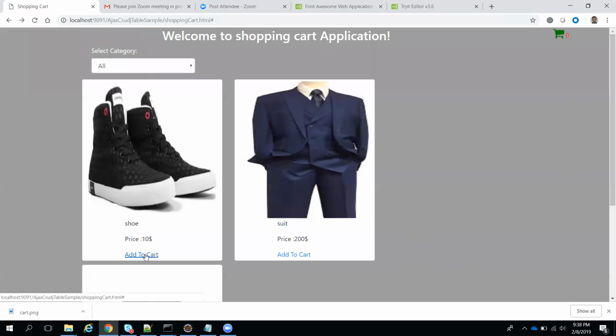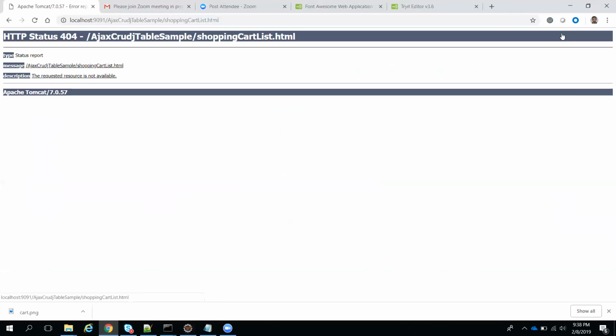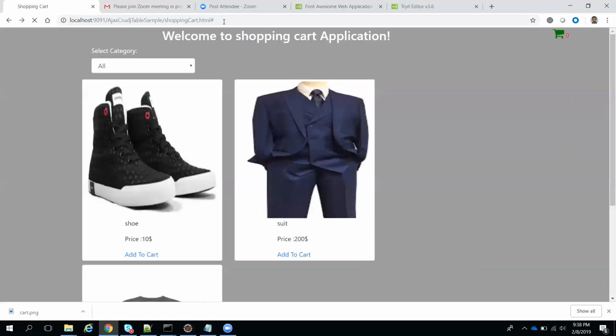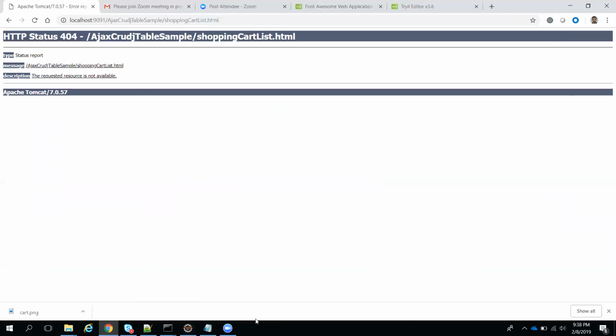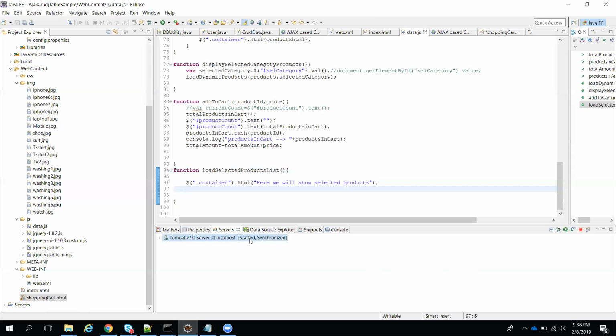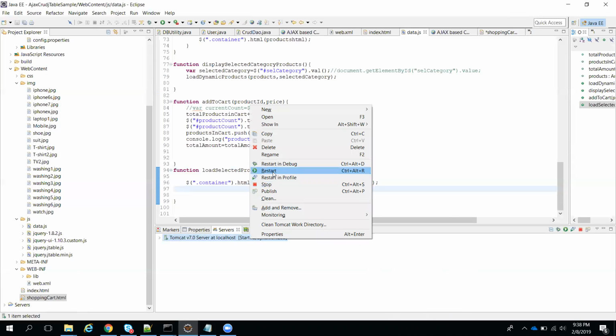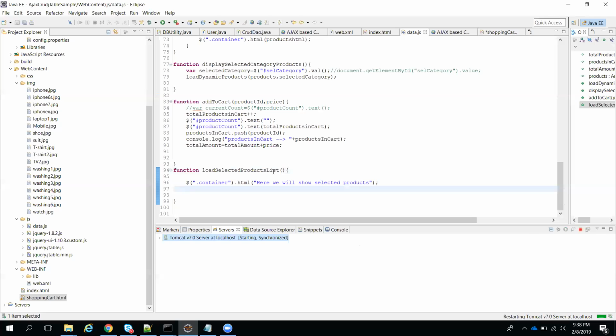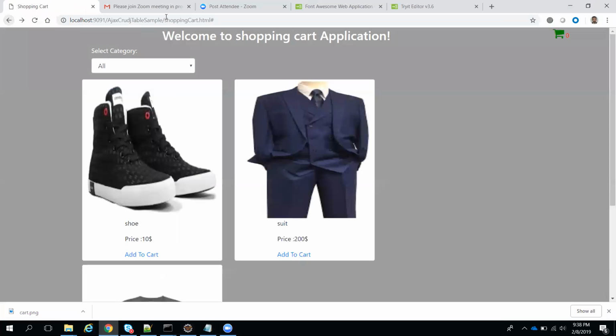I will click on add to cart. When I click here, okay, this is actually the earlier code not refreshed, because earlier I kept some link, right? It's still going to that one. I need to restart. Sometimes if you change HTML, we need to restart to refresh your code, or else it is reflecting the previous code. Previously I added some anchor tag, so when you click on that, that's what it is going to.